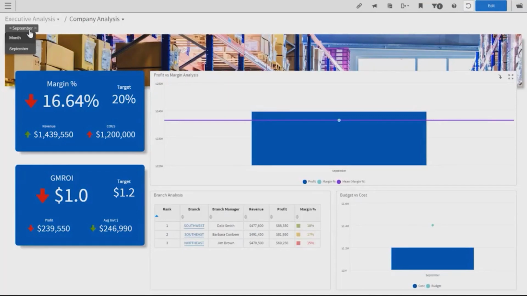So all the different metrics, all the different reports you see on the screen here have now been filtered to just that time frame of September, which gives me more visibility into things like my branch analysis report, where I can start to see that we have a potential issue with the margin percentage at our Northeast branch during that month of September. So at this time, I could go ahead and give that branch manager a call and see what's taking place,